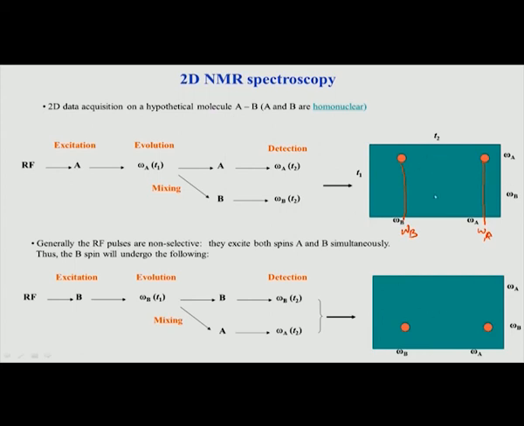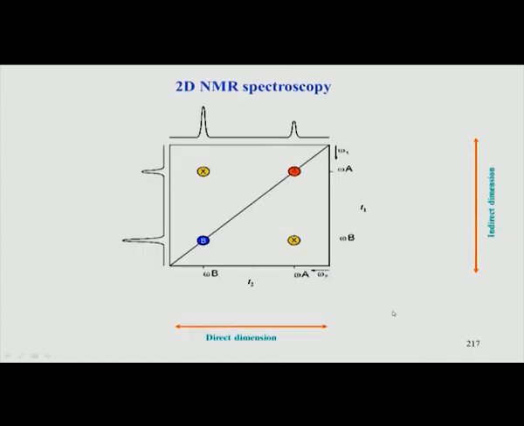So, these you now have to combine, because we analyzed them separately, and we will combine them together. This is what you will get: a 2D spectrum looking like this. This is called the diagonal peak, and the diagonal peak contains the same frequency on both sides, and we saw this comes because 100% of the magnetization is not transferred. Whereas this is called a cross peak, and that comes because A has been transferred to B or B has gone to A. So, you see all the 4 will come because we are not discriminating or distinguishing between A and B.